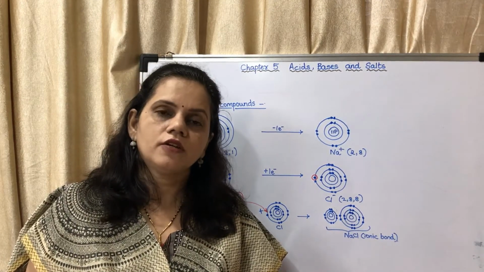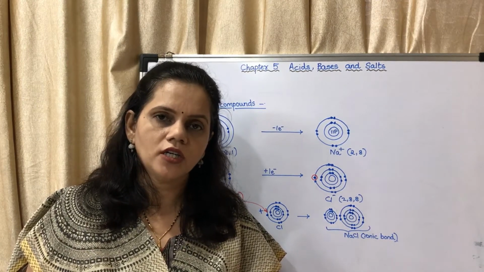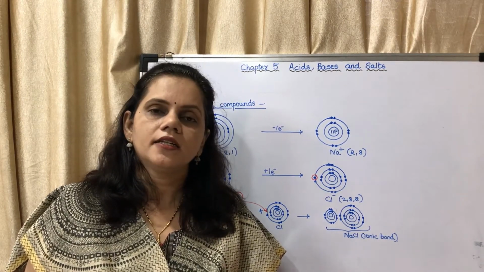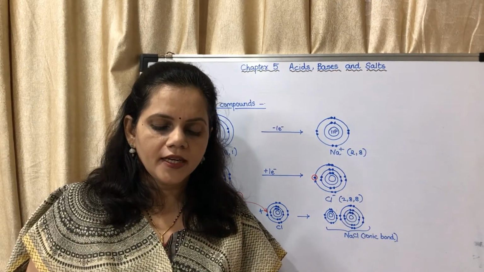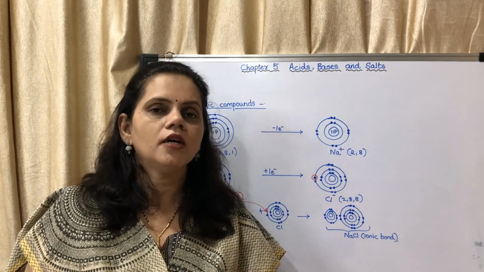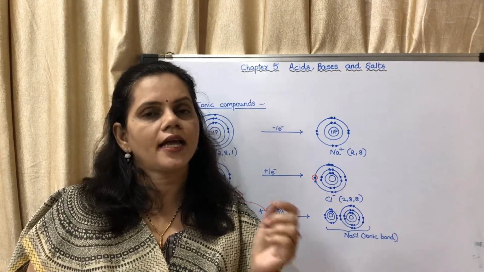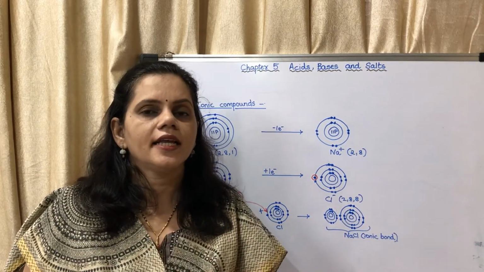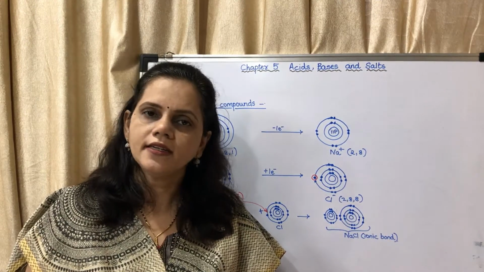The dissociation of salt. Sodium chloride, when it is in the solid state, the atoms are nearer to each other. But when it is put into water, it forms an aqueous solution. When it is forming an aqueous solution, the Na plus ions and the Cl minus ions get separated from each other. That is what has been shown in the diagram.